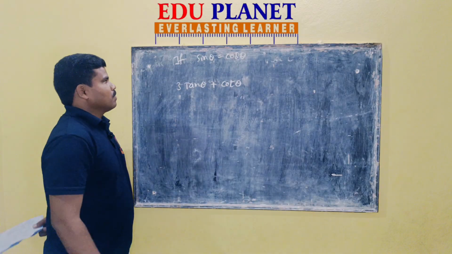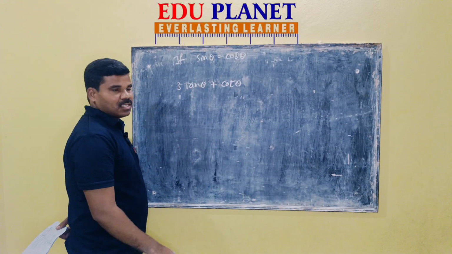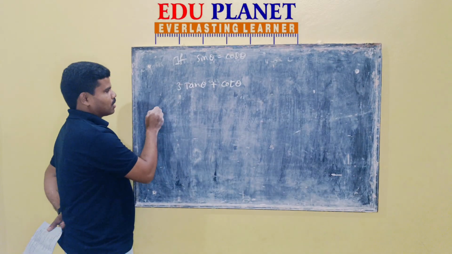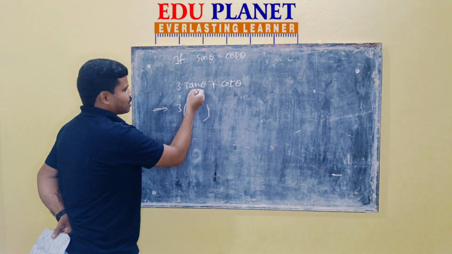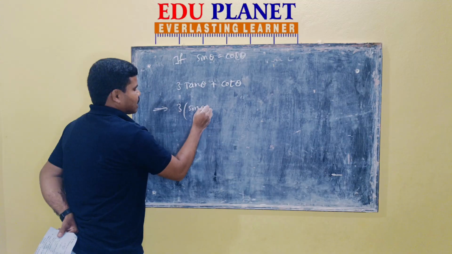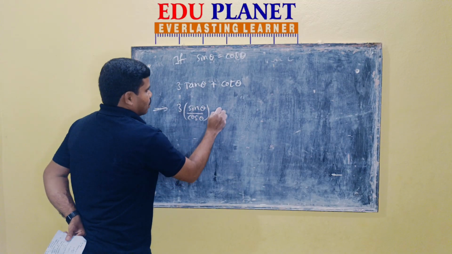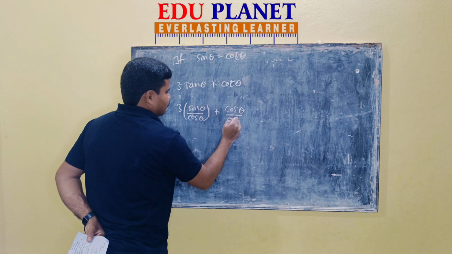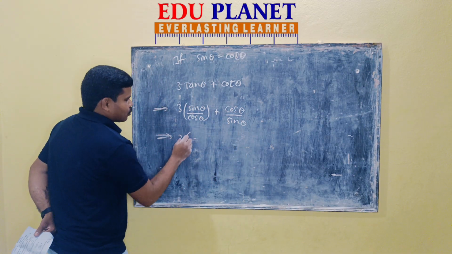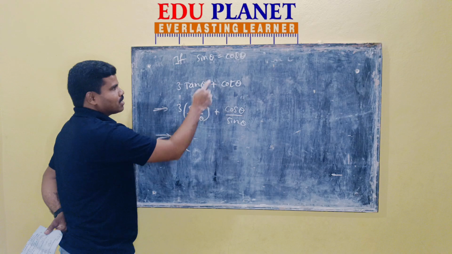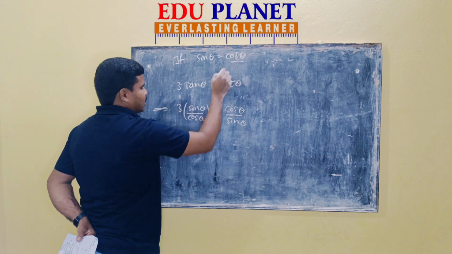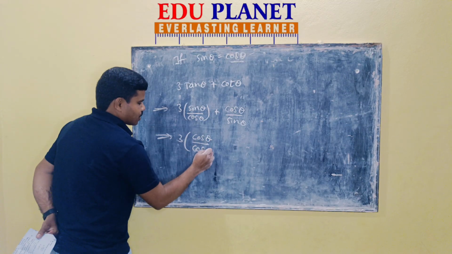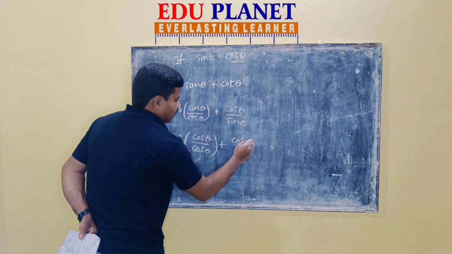This is our next question. If sin theta equals cos theta, based on that condition, we need to find the value of 3 tan theta plus cot theta. 3 into tan theta. Tan we can write as sin by cos. As usual, cot theta we can write as cos by sin. 3 into sine theta by cos theta. Sine theta equals to what? Cos theta. Yes, in place of sine, I am going to replace cos theta by cos theta plus cos theta